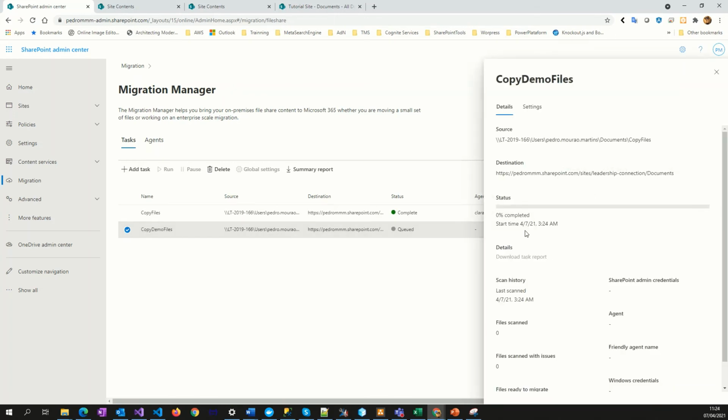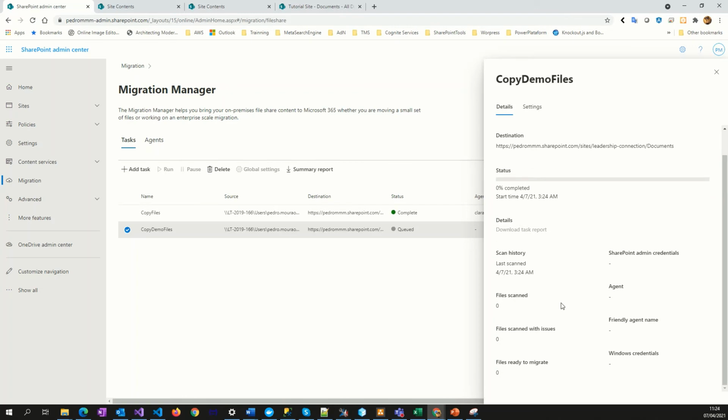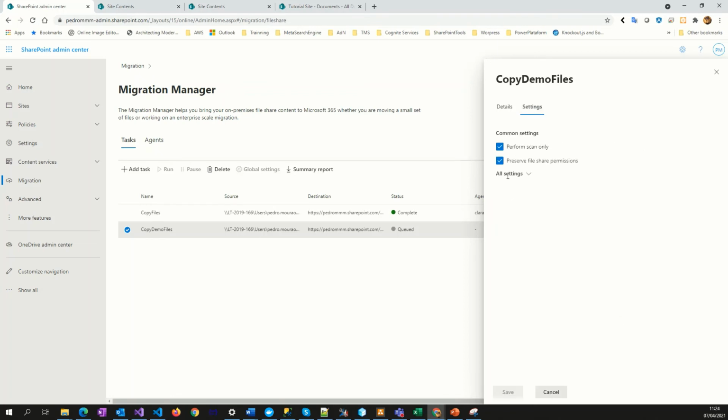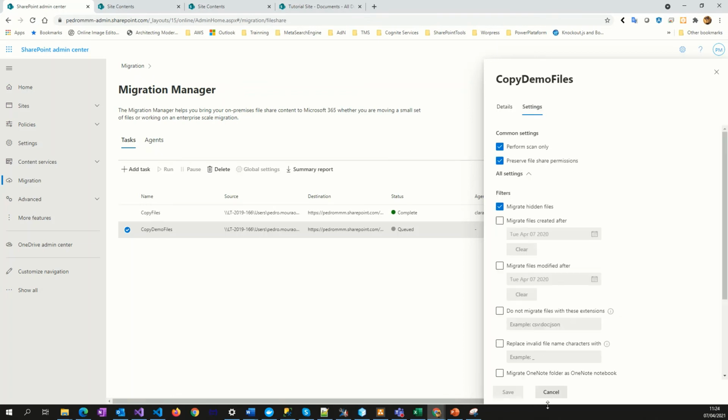This is all the settings we have, okay, the source of the files, the destination, the status, okay. From this in particular, it's possible for us to see the download task reports, the files scanned, files to migrate, okay, Windows credentials, some stuff like that, and of course the permissions we will do and consider, right?